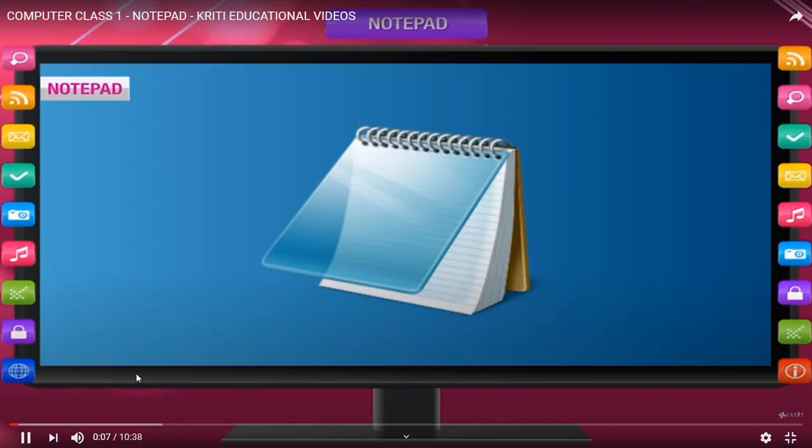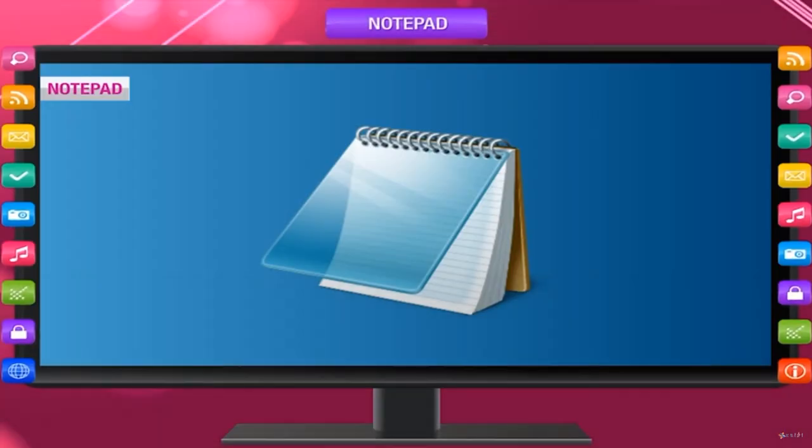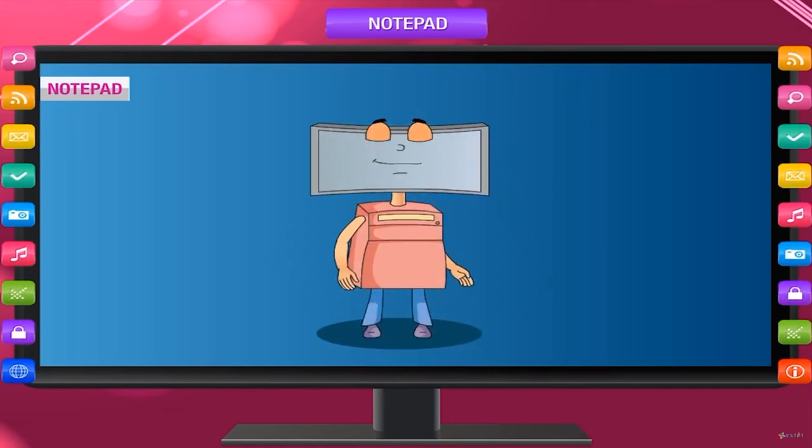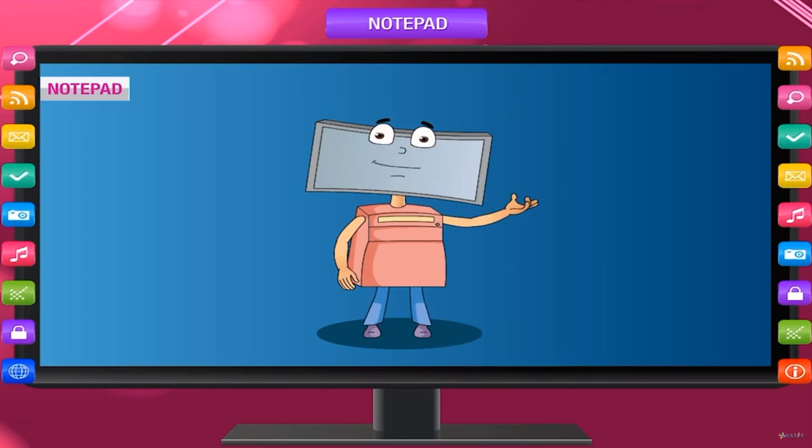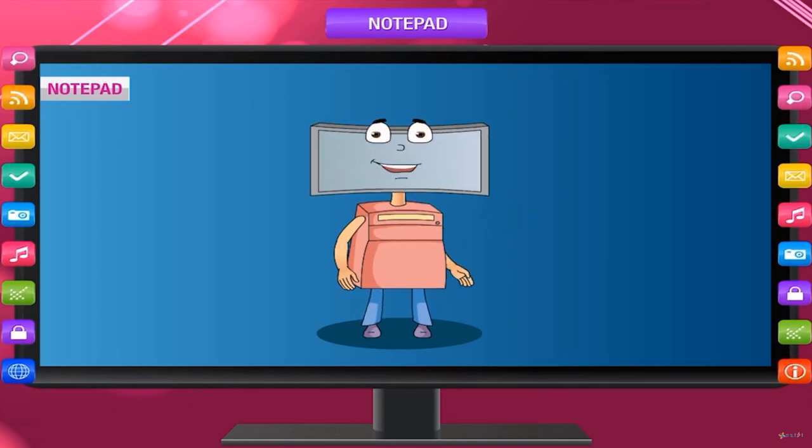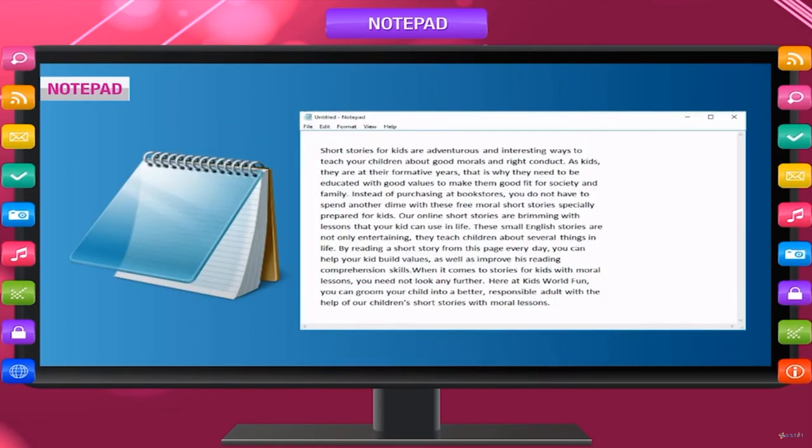Notepad is useful application software that you can use to write or type simple text. You can type in Notepad instead of writing in the notebook. It has unlimited pages. Moreover, in case you write something wrong, you do not need to write all over again. You can make the corrections in the same page. Making corrections in text is known as text editing.